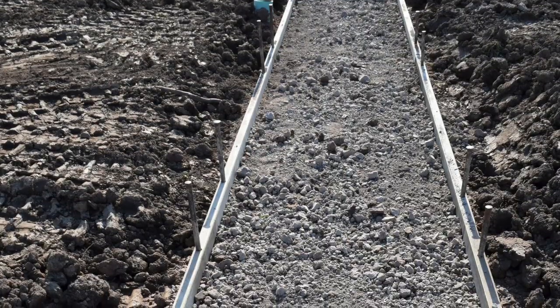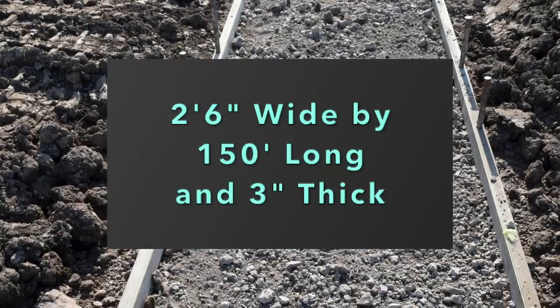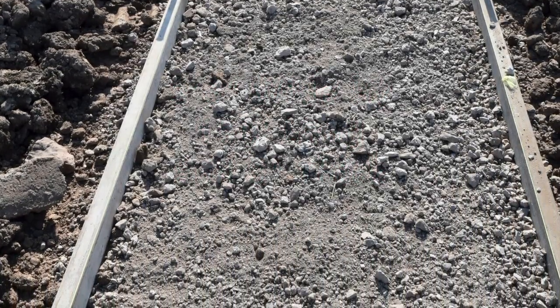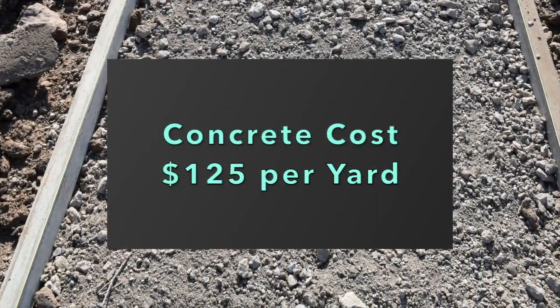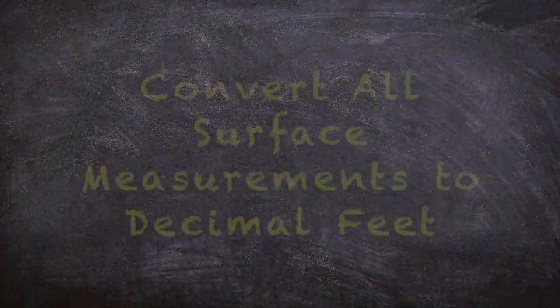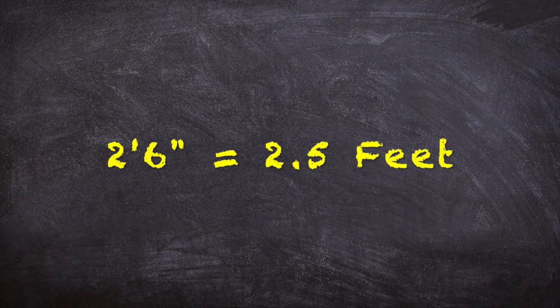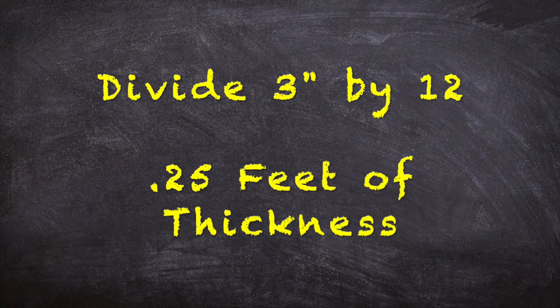For one last sample problem, how much would it cost to pour a concrete sidewalk that is 2 feet 6 inches wide by 150 feet long and 3 inches thick? Assuming the cost for concrete was again $125 per yard. Convert all surface measurements to decimal feet first. So the width becomes 2.5 feet, and it gets multiplied by the length, 150 feet, to give us 375 square feet. The 3 inches of depth divided by 12 equals 0.25,